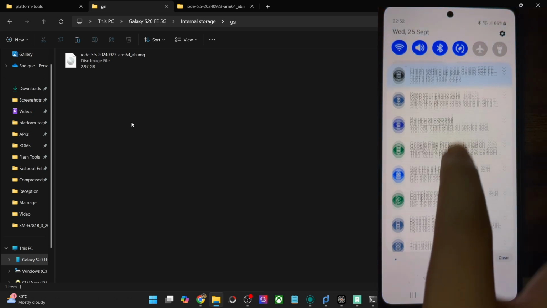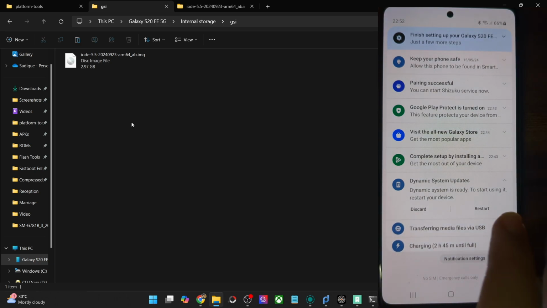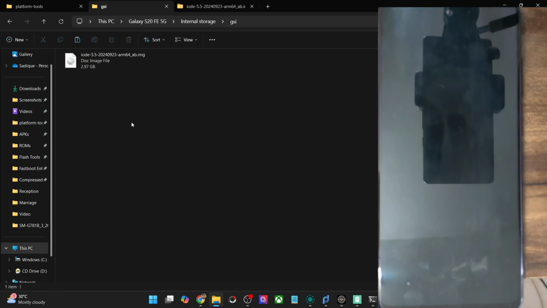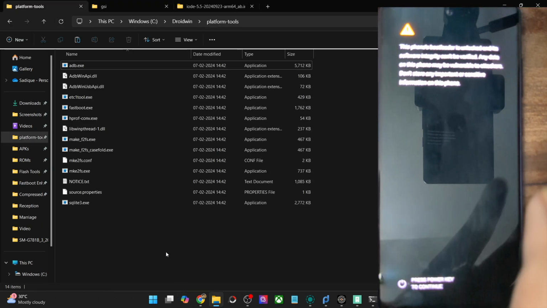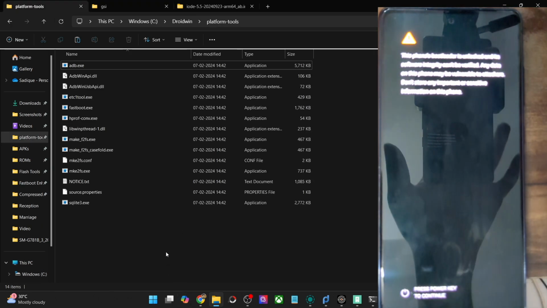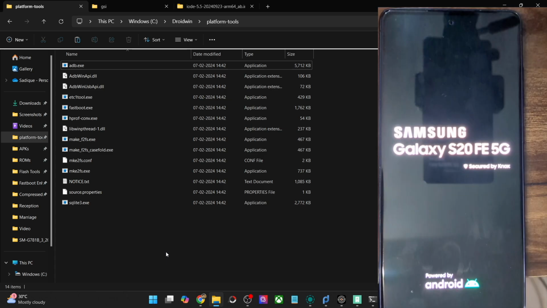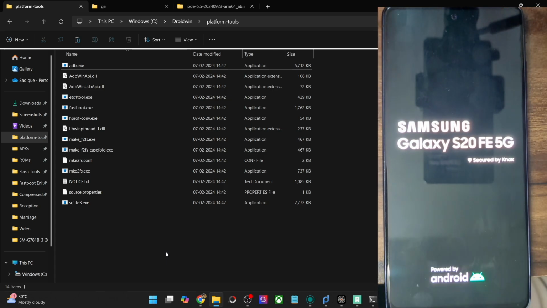So expand the notification section, and you will get the DSU notification expanded. Now tap on restart, and with just a simple restart, your phone will now reboot into the newly flashed IODE OS GSI ROM. So give it a few seconds, and for the first time, the boot up might take a little bit longer, but that's just a one-time delay. From the subsequent time, it will not take that much longer. So let's just wait, and it should only take a few more seconds for the phone to boot.